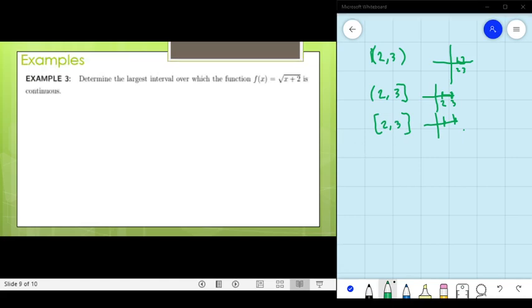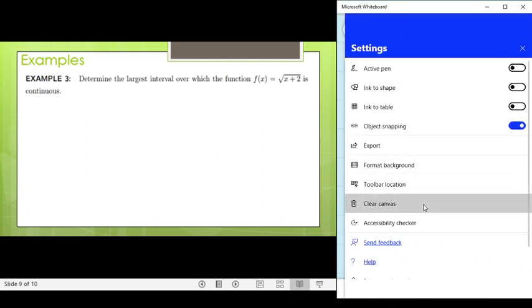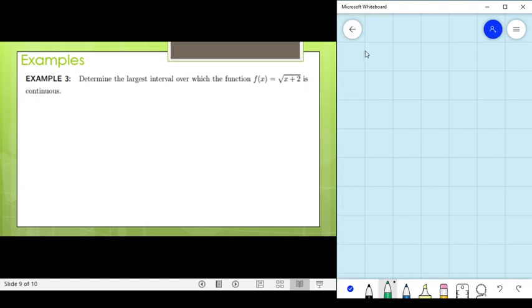Okay. Example number 3. We are going to determine the largest interval over which the function f of x equals the square root of x plus 2 is continuous. So, observe that f of x equals the square root of x plus 2 has function values wherein x plus 2 must be greater than or equal to 0. That means x must be on the interval